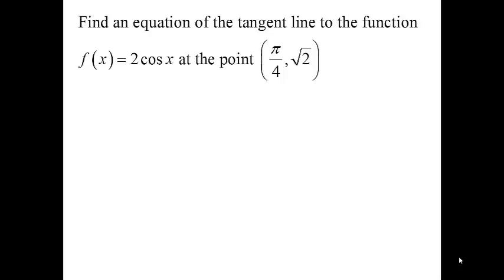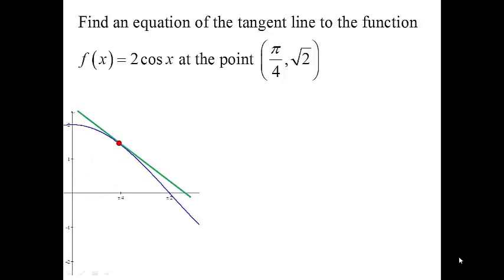Find an equation of the tangent line to the function f of x at the point pi over 4 and square root 2. So let's look at the graph of cosine x but with an amplitude of 2, and at pi over 4 where we want to find the equation of this tangent line to the curve. The first thing we're going to need to do then is find the slope of that line, and we know